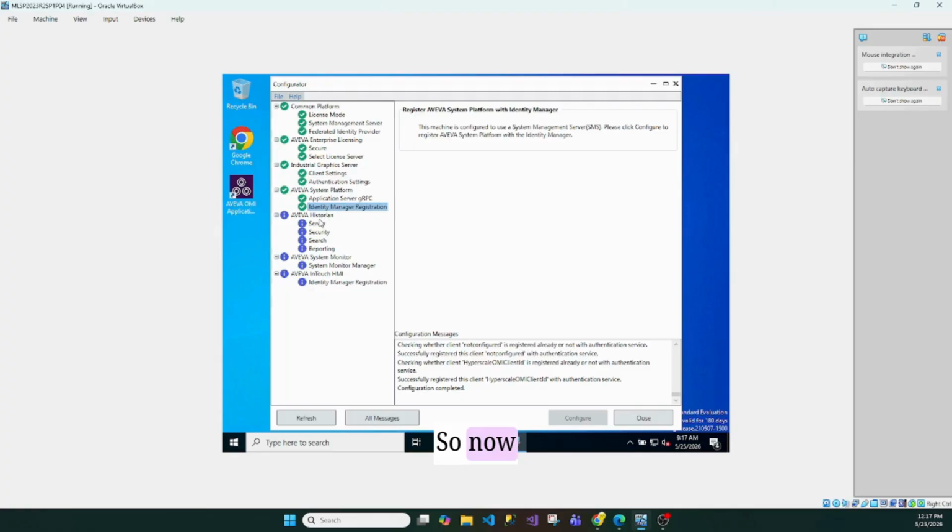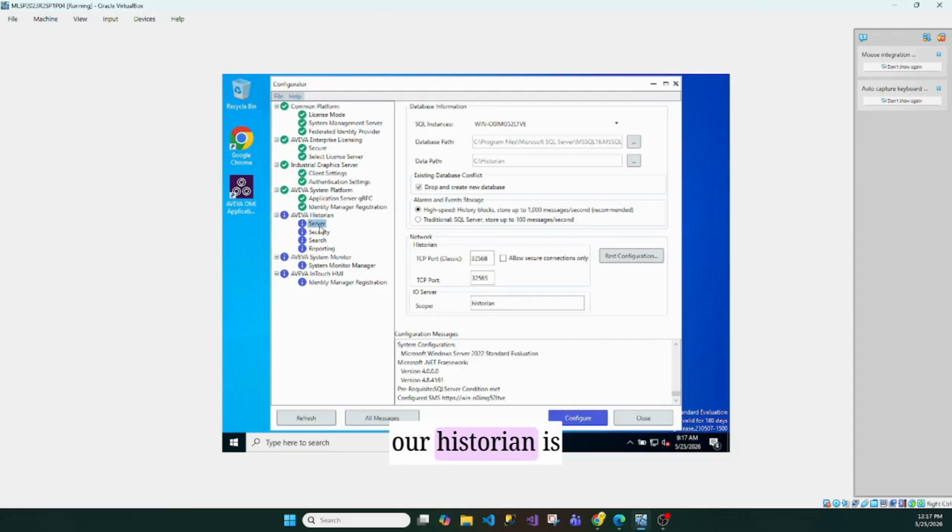So now we're getting down into the historian. Remember, our historian is our database. So if we come here, I like to keep all of this default. If you have a reason for changing it, that is completely up to you. Again, we have these ports here. You have to make sure with your IT team that you have allowances within your firewall